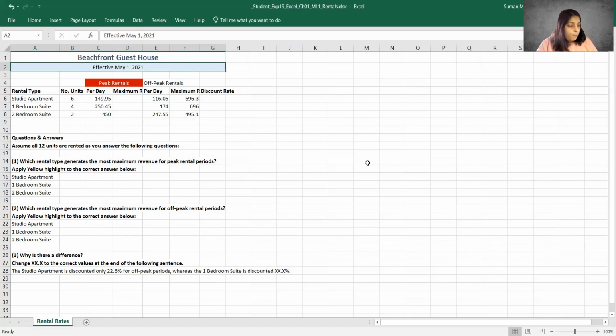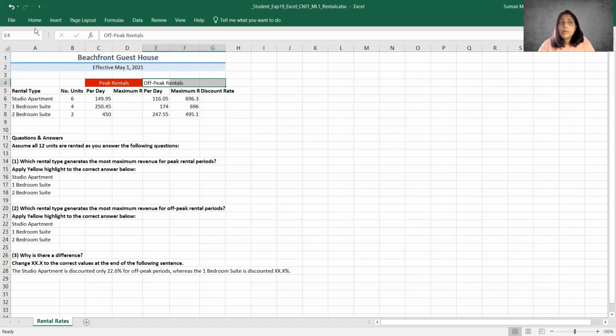Let's go back to step 4, and we've been asked to merge and center the off-peak rentals in the range E4 through G4. I left click over the off-peak rentals, and in a previous video I showed the cursor styles, which is really important for you to pay attention to. I've got my white cross. I'm left clicking with my white cross, holding my mouse down, and sliding across to select through G4.